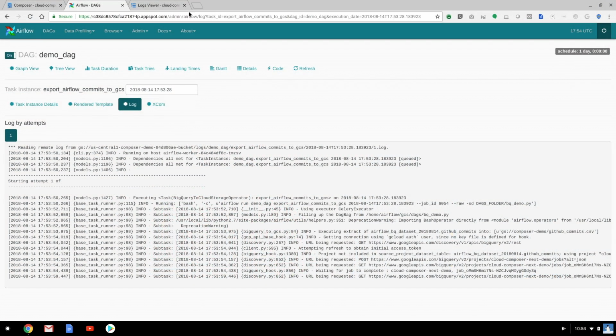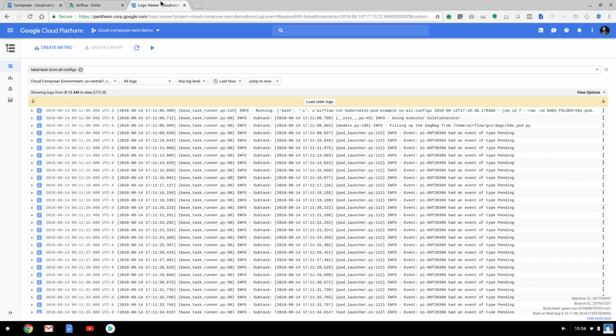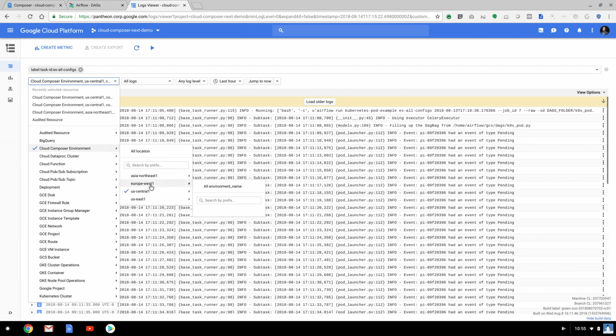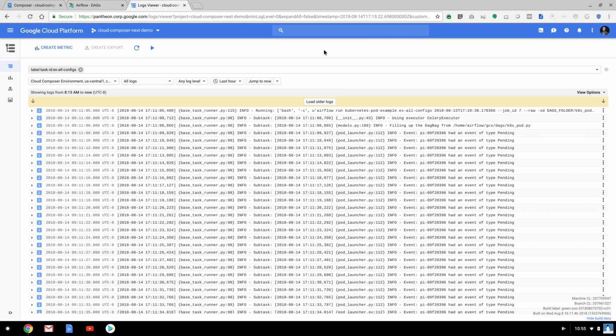Very cool. Very helpful for debugging and seeing what's actually going on. Right, yeah. So if you go to our Stackdriver logging page, we actually have a dedicated Cloud Composer section there. You can navigate there, figure out which region and which environment your Airflow environment was created in. You can select those environments, and then once you have selected the environment, you will be able to see all the logs pertaining to